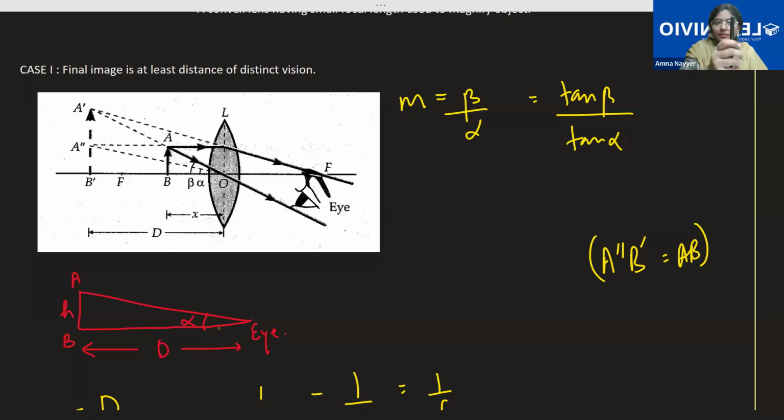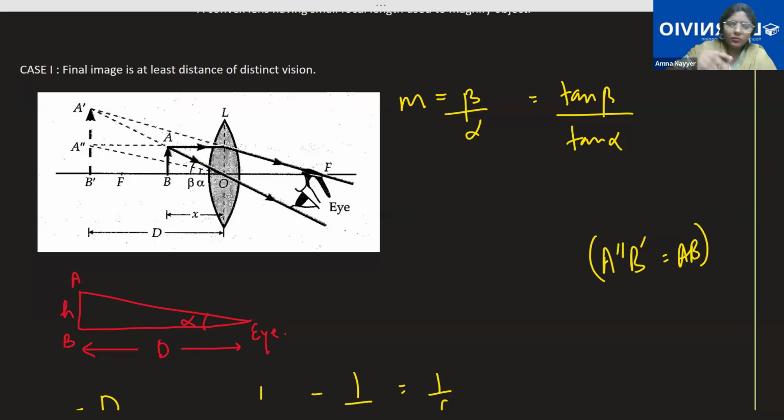If I put the object like this, okay, the object is like this. Human eye is, this is 25 centimeter. So the angle that is being subtended by the object on the human eye, this is alpha. Without the lens, don't consider my specs. The lens are referred to the magnifying glass. Okay, that is alpha. Alpha is clear to all? Yes, ma'am.